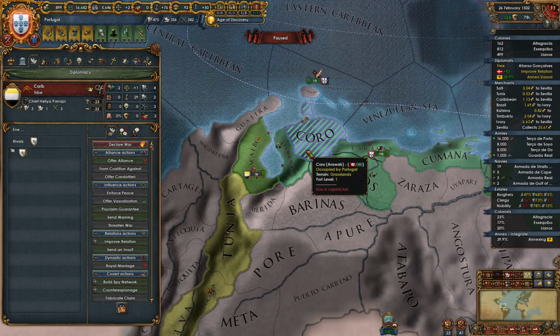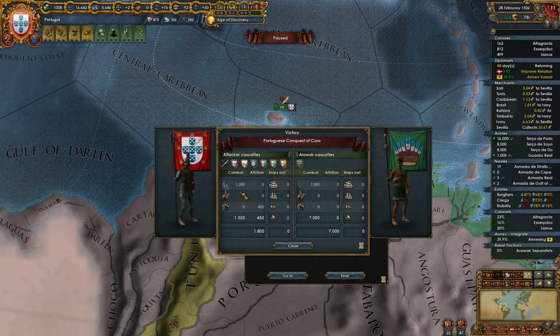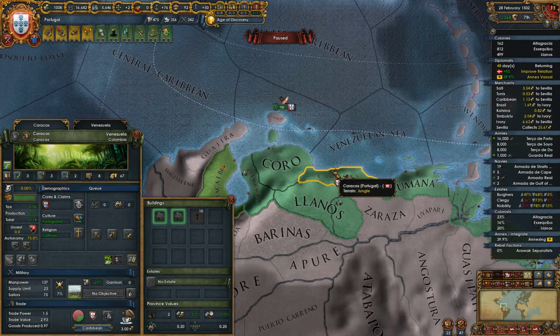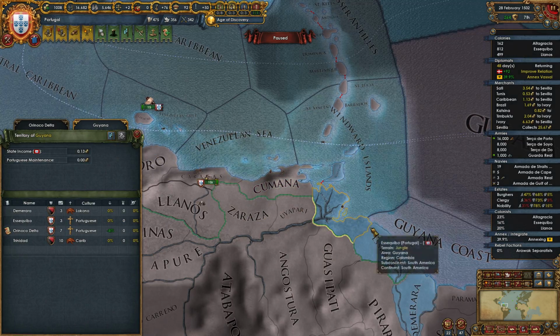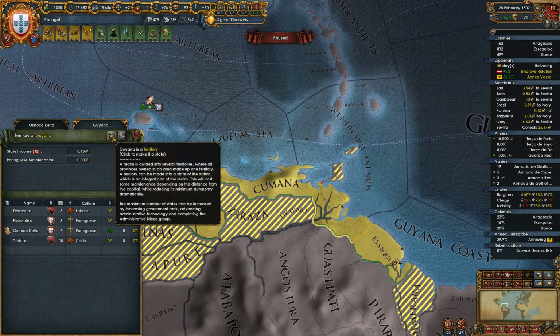Alright, we'll do the peace deal real quick, and then we will not core it. Something I should be doing, I think, is turning these into states. I get no penalty. I've got tons of state slots. I'm not going to core them, don't worry. But...